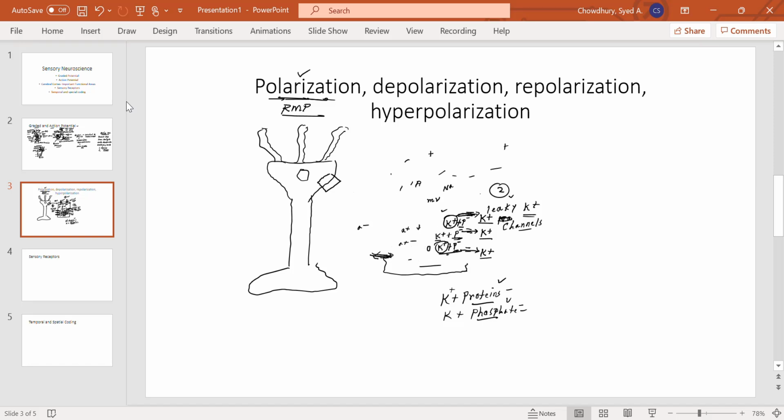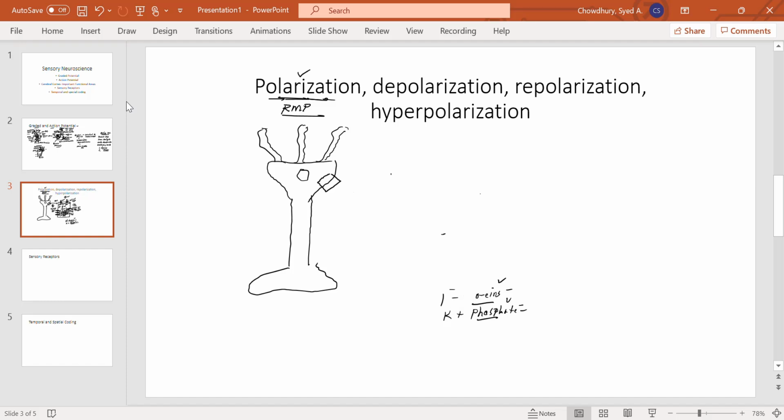So now, after the resting membrane potential is developed, that is the polarization, the difference between the outside and the inside. Inside is always negative a lot. Then I'm going back again to the stimulus. If I give a stimulus which is excitatory, and strong enough to move the membrane potential from minus 70 millivolt to the threshold, which is minus 50 millivolt,